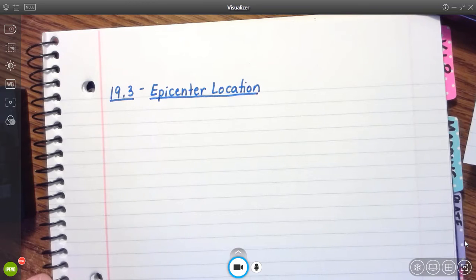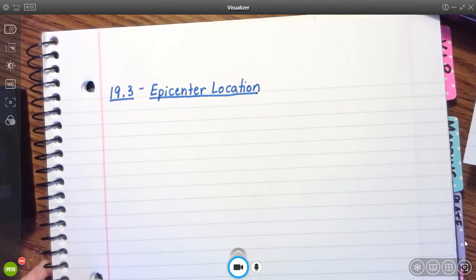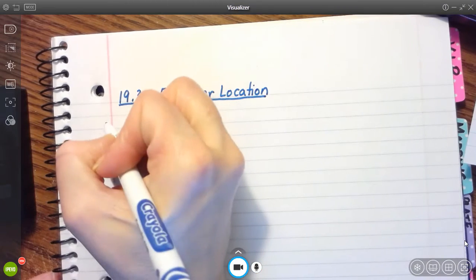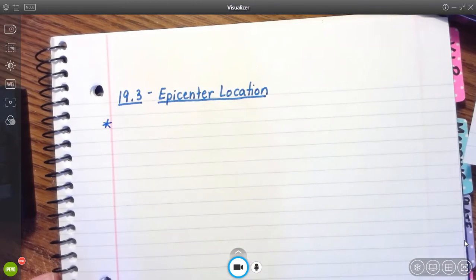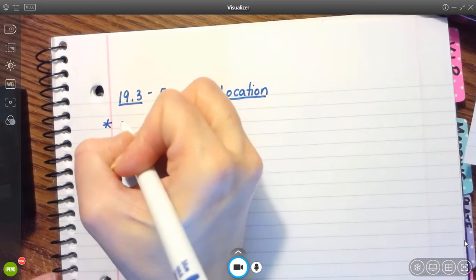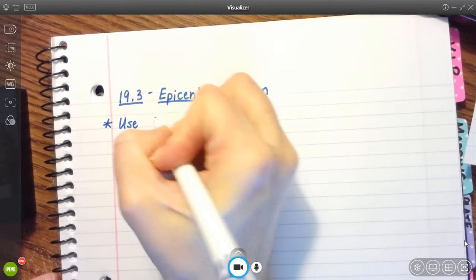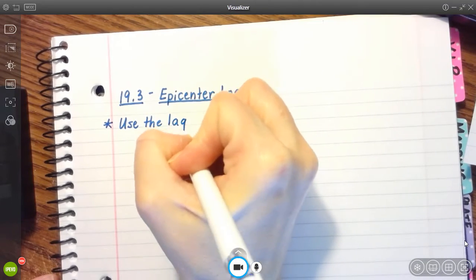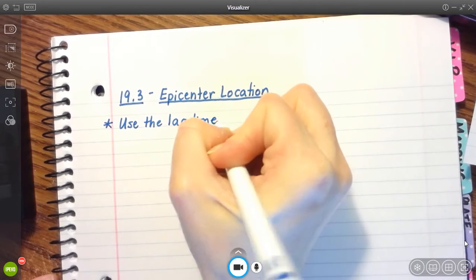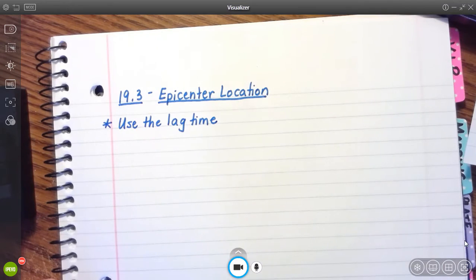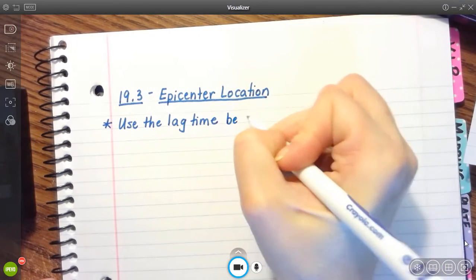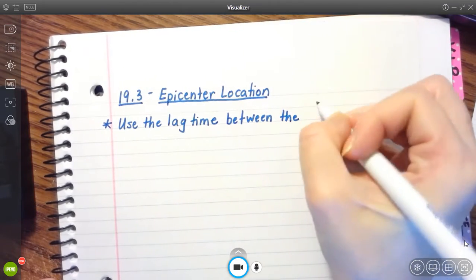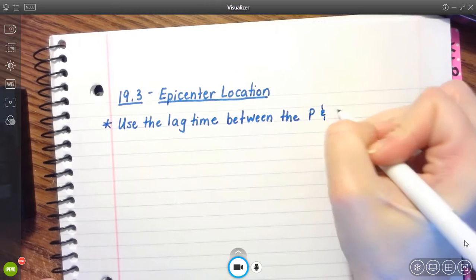Let's just put down a couple of facts about how you find the epicenter first, and then we're going to draw a picture to kind of represent those facts. So, to find the epicenter of an earthquake, you need to know the lag time between the S and the P waves. So use the lag time, and remember that's the difference in the arrival times between the P wave and the S wave. So use the lag time between the P and S waves